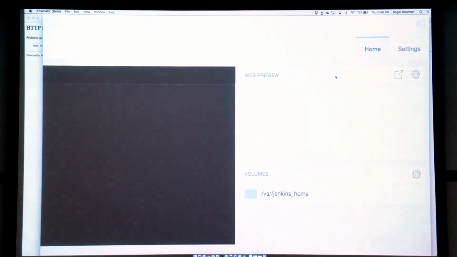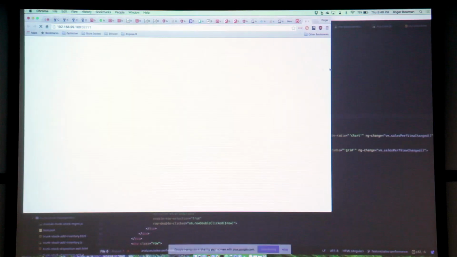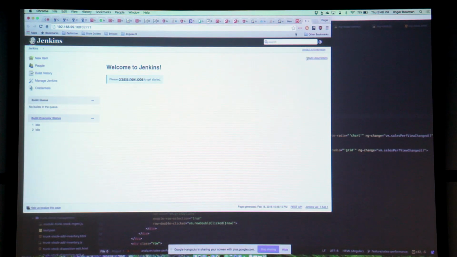Yeah, here. It's also a little web preview over here, so you can cheat and click on that link, but I was trying not to do that because I have a bunch of stuff open in my default browser. So apparently I'm typing something wrong. You shouldn't have typed in the HTTP probably. Maybe. I don't know. But you can see that's all there is to stand up a Jenkins instance using